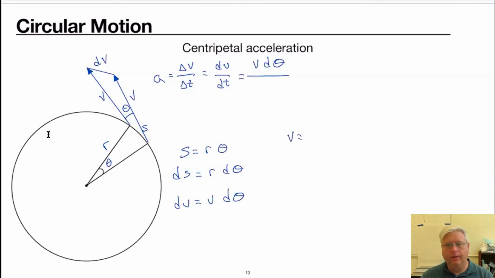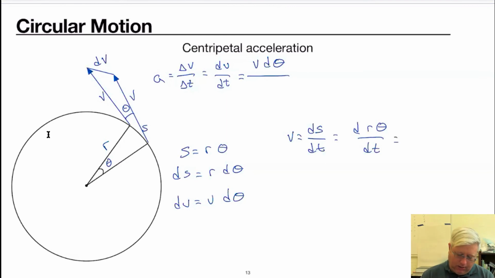Velocity, right, is ds/dt. So how long it takes to go through this s length, and we know that s equals r theta. So this could be d(r theta)/dt,